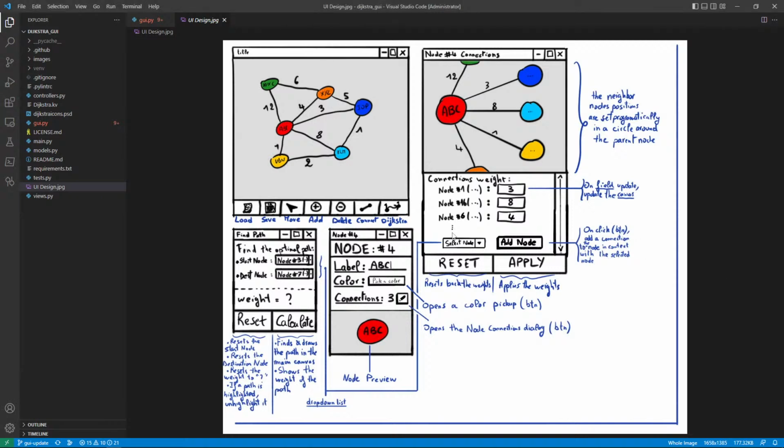So, so what we have done, we've done this. Now we gotta add the find path pop-up, right? So when we click on Dijkstra button, it should open this pop-up. Okay. So